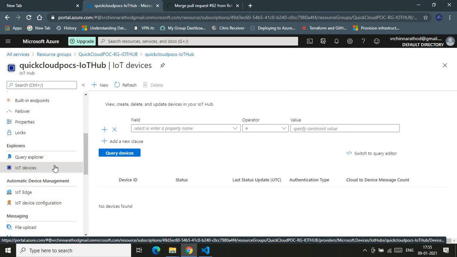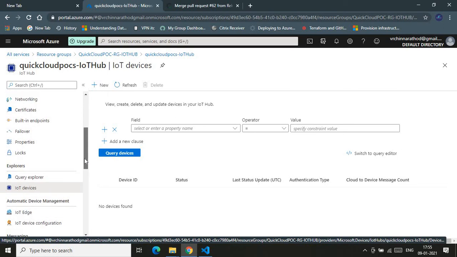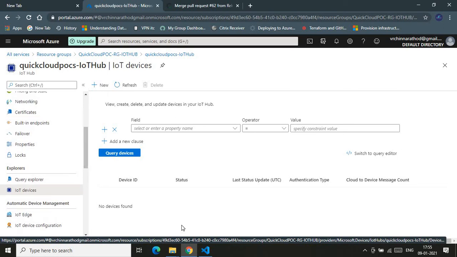Okay, yeah. So no devices have been added, because we are making a dummy connection. Henceforth it has not been added. But this is the place where you will be adding your IoT devices. Okay, this is the hub being created. You will register your IoT device here, and this is where all the IoT applications will be working. This is the initiation point where your IoT applications will be running.